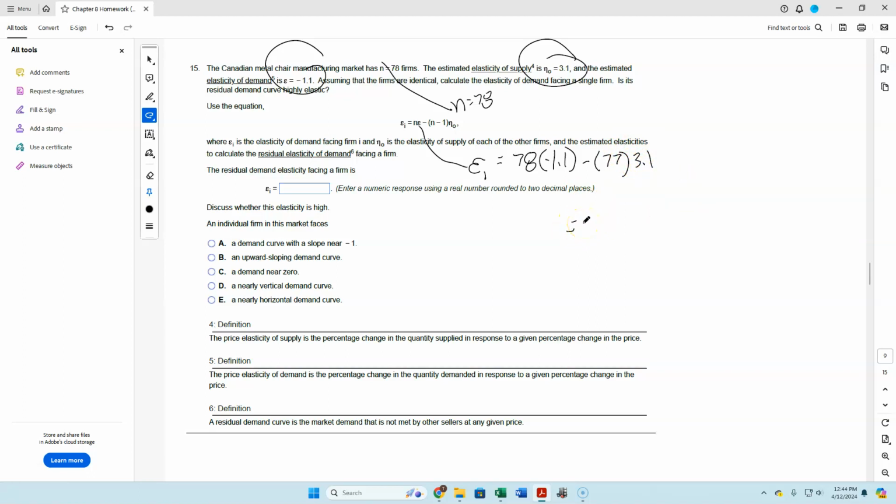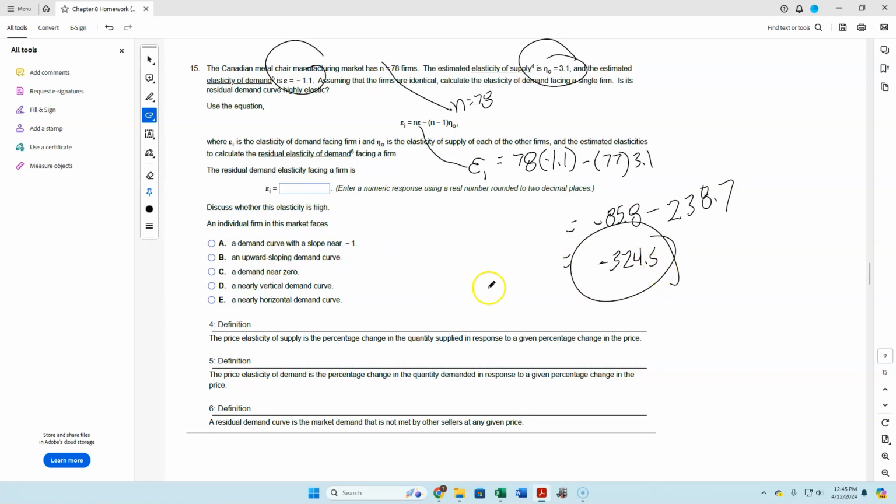Okay. 78 times negative 1.1 would be equal to negative 85.8 minus negative 324.5. I mean, I guess the only beauty of this,